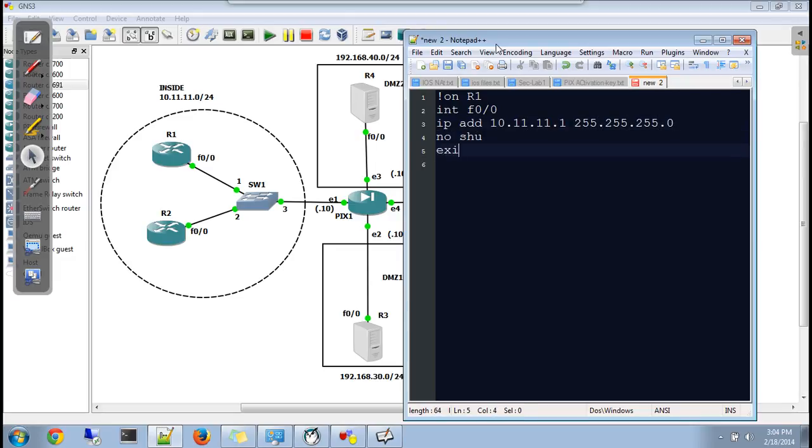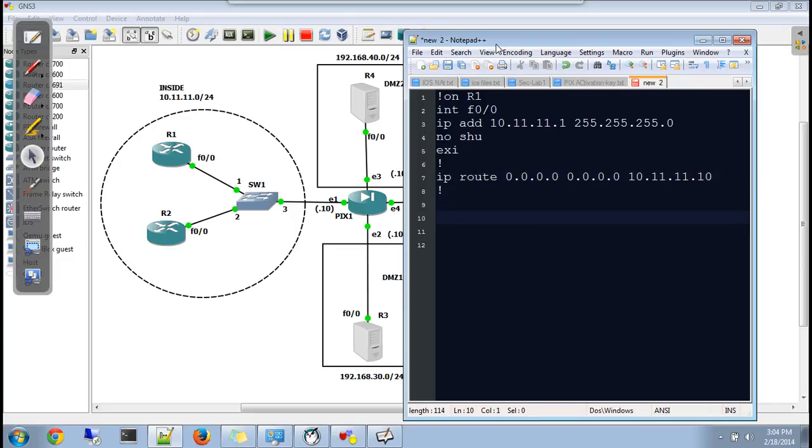No shut to bring up the interface. The next step should be pointing a default gateway. That will be IP route default gateway towards the firewall. I am keeping .10 for the firewall, all the interfaces from the different networks .10.